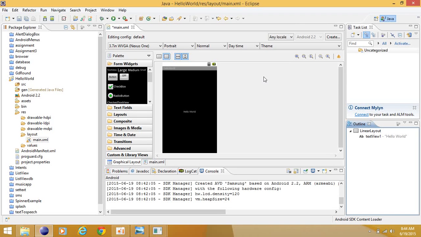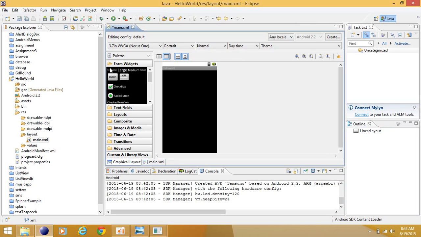Hello friends, I am here to tell you about some tools you are going to use in further applications in developing Android. We have already made a Hello World program, and I am going to delete it. This is a text view. It is used to view text. You can see you have already used it. Now this is the large text view, and this one is the medium and the smaller.